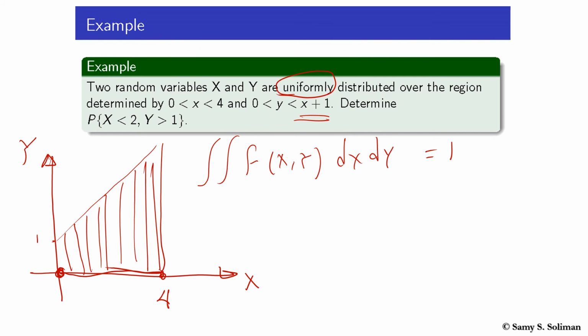Since we know that x and y are jointly uniformly distributed, then f of x and y will be constant. So simply, if we calculate this area and equate it to 1, we get the required PDF. Of course, this is an easy area to calculate because it's the area of a trapezoid, and as you can double check,